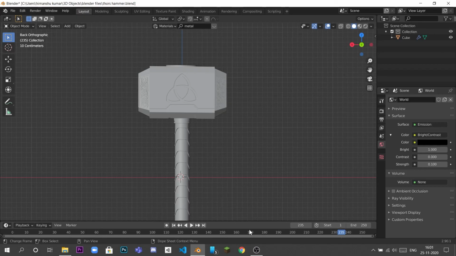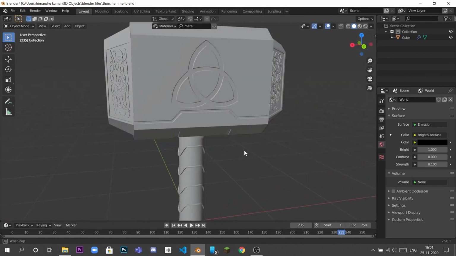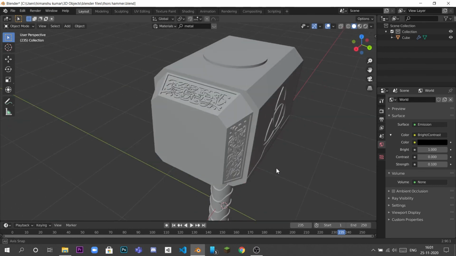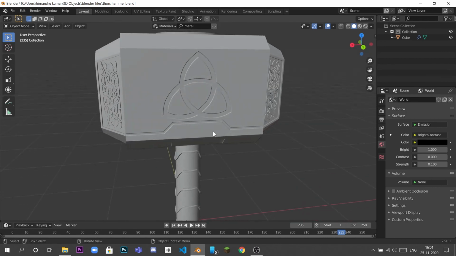Well, hello friends, welcome back to the second part of modeling Mjolnir, and we have just completed our high res model of the hammer. The previous video was not a tutorial, it was a time lapse. I'm sorry for that. But in this tutorial we are going to make the low poly version of this hammer,